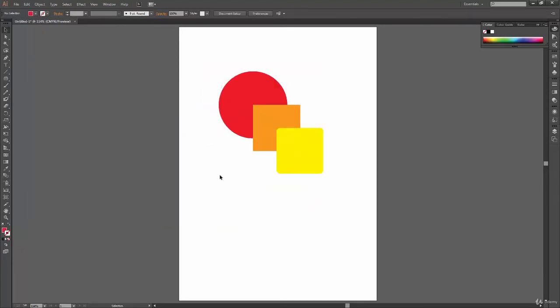But there is a problem. Let's say I have too many objects in here and I want to move a set of shapes. Then every time I have to select those shapes and then move. So it is a good idea to use group in here.